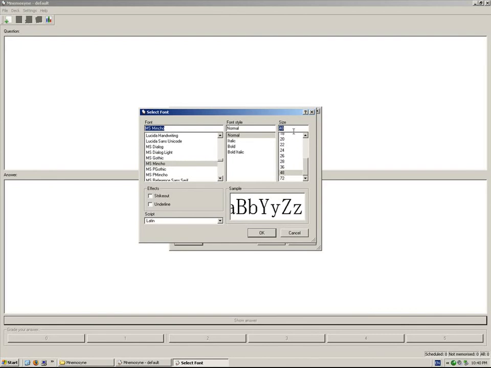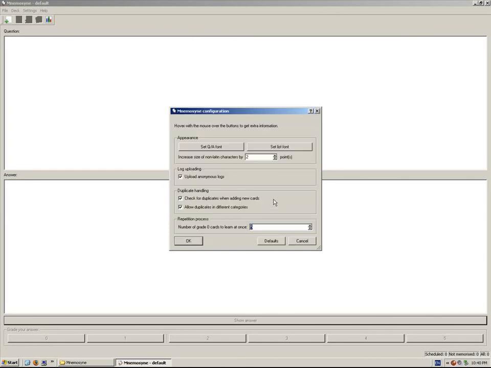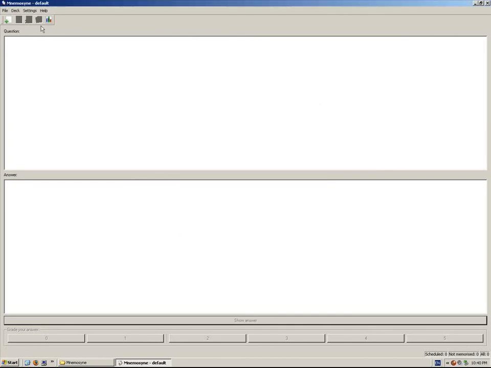You can also change it, input different sizes of the font, but this should be good. If you want to bold it, you can do that too. But the idea is make it a little bit bigger so it shows up a little bit bigger in the question flashcard window right here. Okay, right now we'll just use 48. That's basically it. Here are a couple shortcuts here, but in general, it's quite easy. It's just a matter of importing material